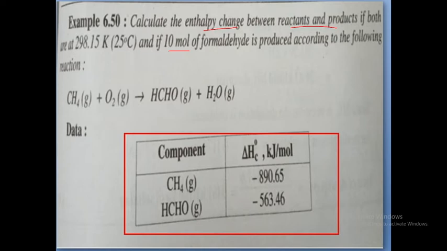Okay. In the table we have only the methane and formaldehyde values. Oxygen and water values are not available in the table. What do you do here? Those components' values are not given in the problem or table, so we should take them as 0. Are you clear or not? As per the reaction, oxygen and water standard heat of combustion values are 0. So here methane and formaldehyde values are taken from the table. How will you take them? We will discuss in the next slide.